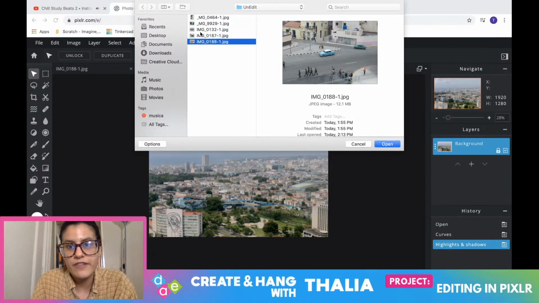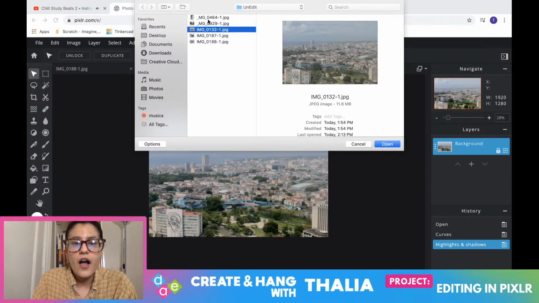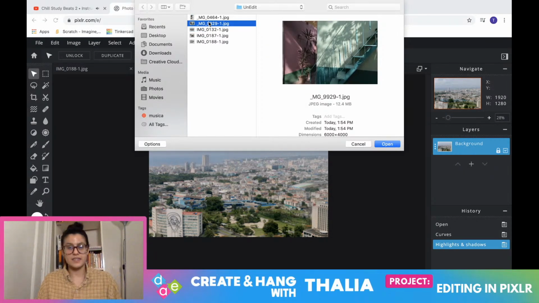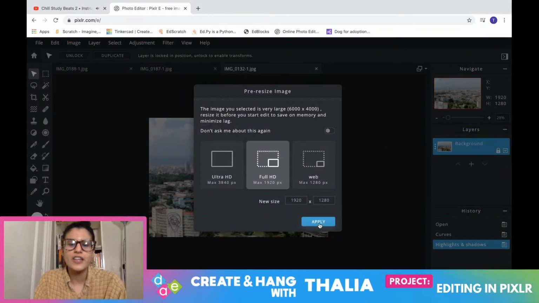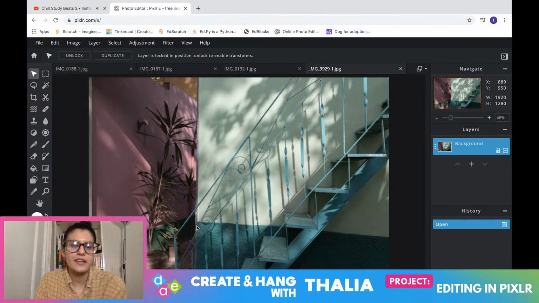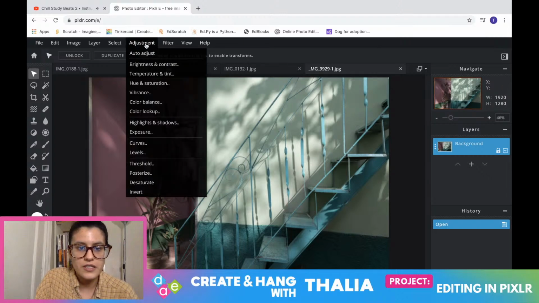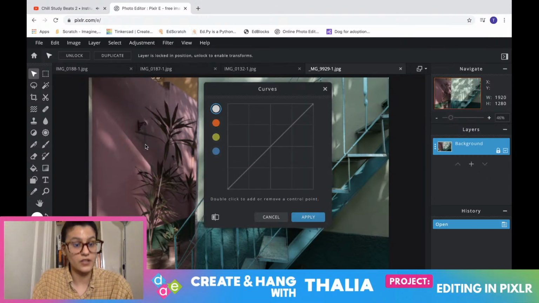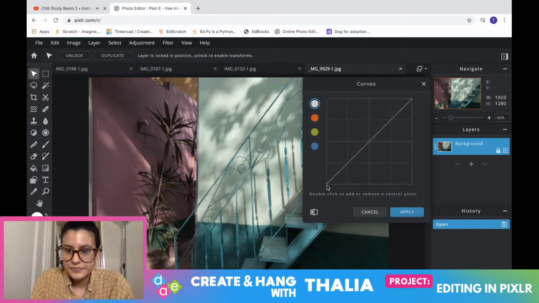So these 2 are the ones I already showed you that I edited. These next 2, I never edited them on Photoshop. Just because they weren't my favorite images. They're pretty, but they didn't really do anything for my project. So I want to see kind of what I come up with here. Let's see. Let's do adjustment, color curves, my favorite. When you have an image like this where there's very strong and bright colors,